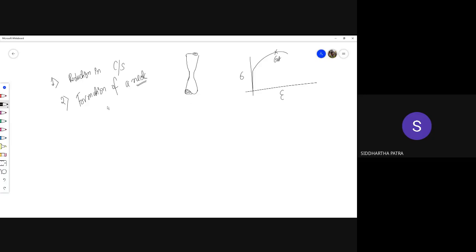And the third thing to notice: stress never reduced. If you have looked at the simulation carefully, the stress never reduced. The stress kept on increasing, unlike this stress strain diagram of ours, even at the moment this cross section started reducing, which was called the neck formation. The neck formation only happens when you go beyond the ultimate stress value. So even when you went beyond the ultimate stress value, even when the neck started forming, the stress never reduced.